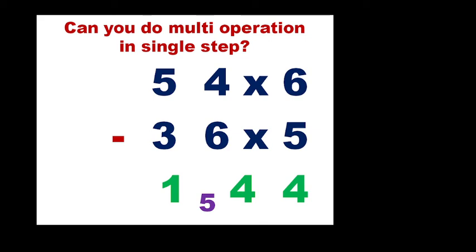And this is 24. 6 4s are 24. Here 6 5s are 30. When you subtract 30 from 24, minus 6. Minus 6 you have to subtract from 50. 50 minus 6, how much? So 144 is the final answer. Here I have 50. From 50 minus 6, 44 is the answer.